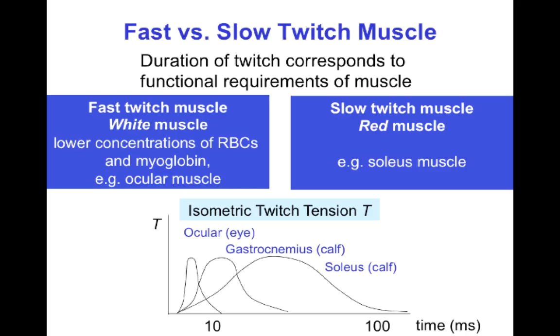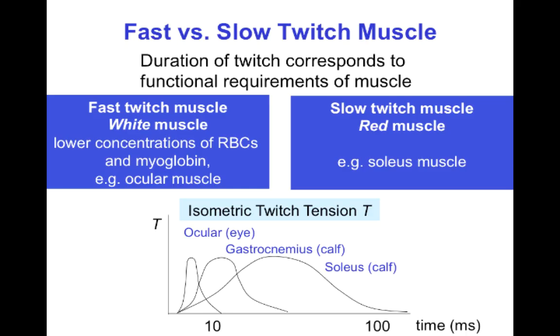It also tends to have different isoforms of myosin. It has the isoforms of myosin that can hydrolyze ATP faster so that the cross bridges can cycle faster, so that it can get its twitch over and done with faster. What determines the difference between the red slow twitch and the fast white twitch muscle is some combination of its myosin isoforms and its metabolic makeup, as to whether it supports a more sustained slow work or a more occasional